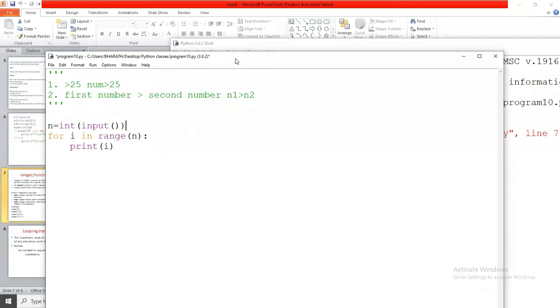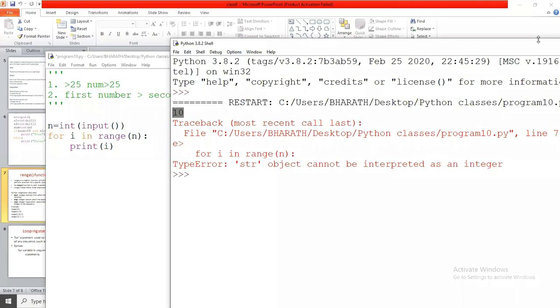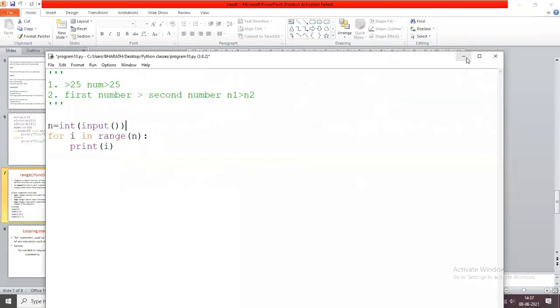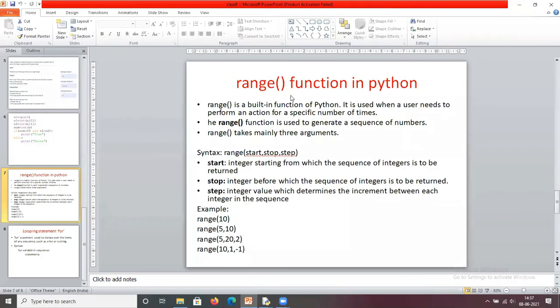And in this range function we have 3 parts: start, stop, step. Of these, stop is the compulsory argument. The remaining 2, start and step, are optional.